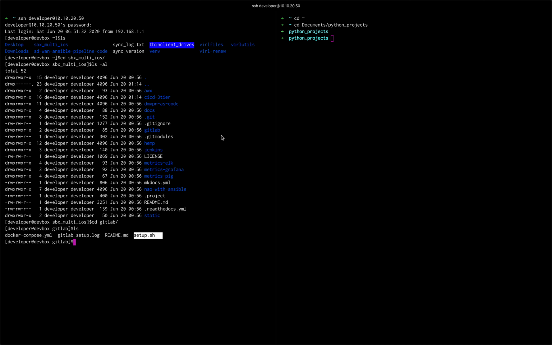So you'll have to do ./setup.sh, and it will install all the dependencies needed and completely go and install GitLab for you, right? So how it is doing that, again in the background, it is using Docker, right? Every single